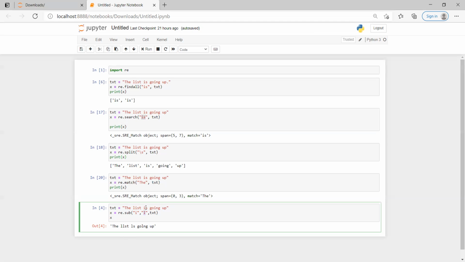There are 3 occurrences of "I" in the input. The first parameter takes the one which has to be replaced, and the second parameter takes what it has to be replaced with within the text. I used the re substitute function, and when I ran it, you see here, all the "I"s are replaced with "L".